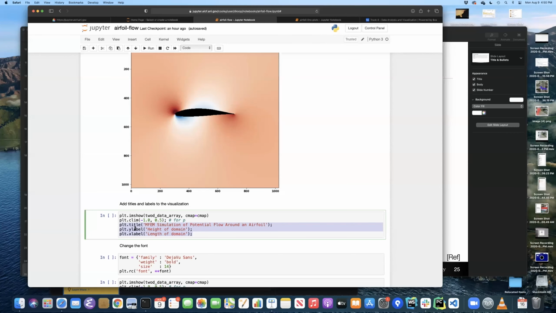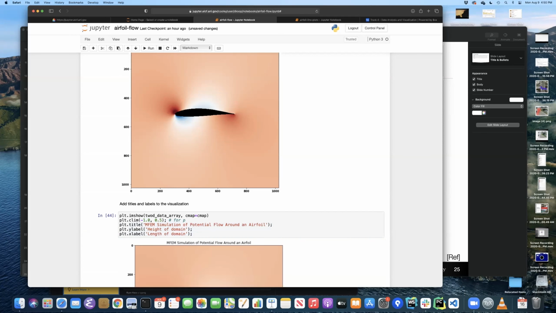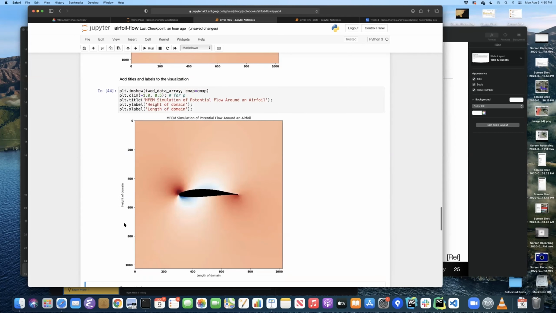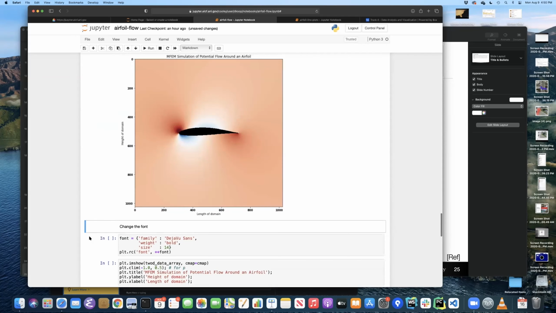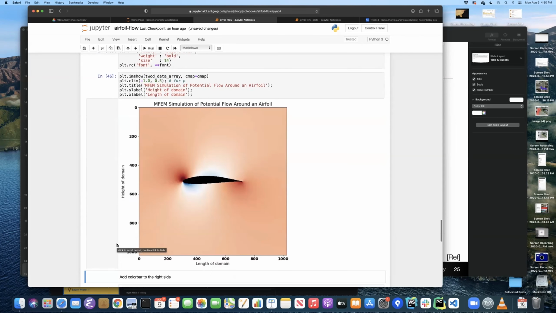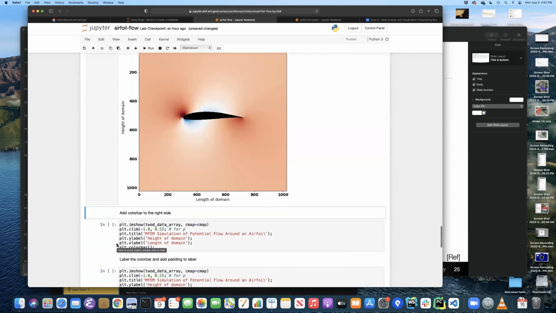For a given cell, you have a new figure, and those commands apply to that figure. Now I can add information about the title, the axes labels, and so forth. I can even do things like change the font, increase the font size, change the weight of the font, and things like that.